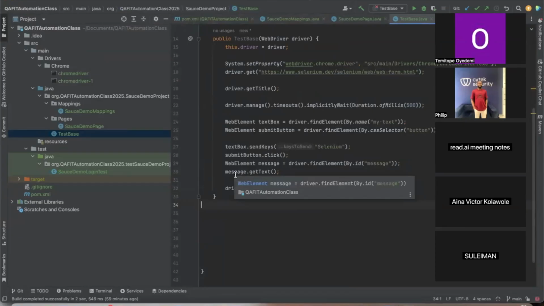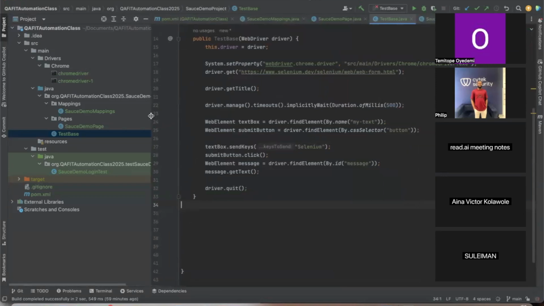Yesterday we were able to translate all of this in IntelliJ. We've not been able to execute any code yet, right? But we were able to install our Chrome driver. So we have our Chrome driver here, and then we created